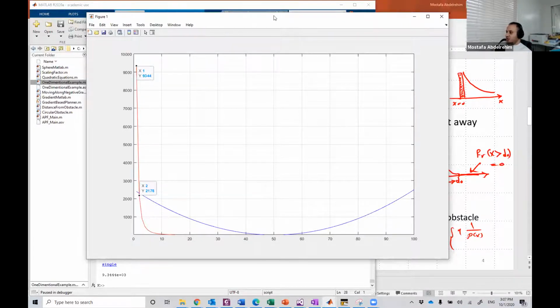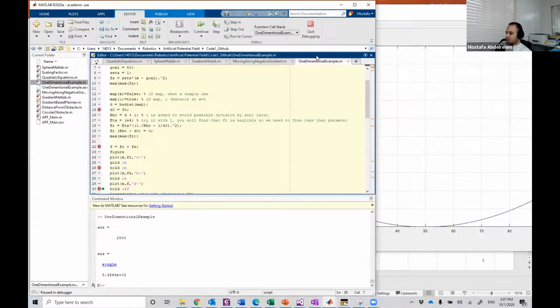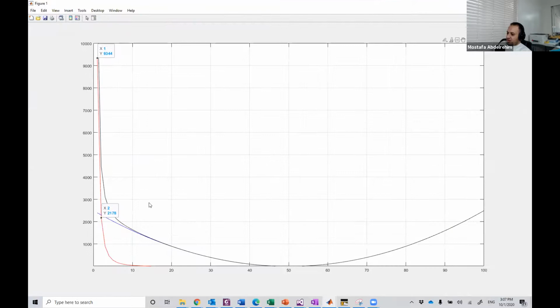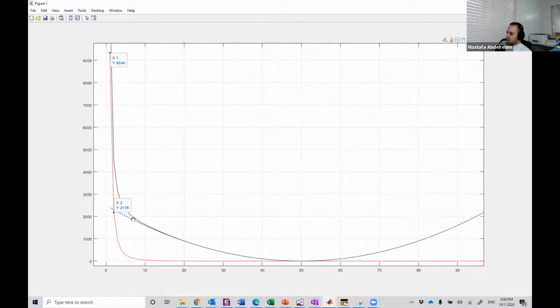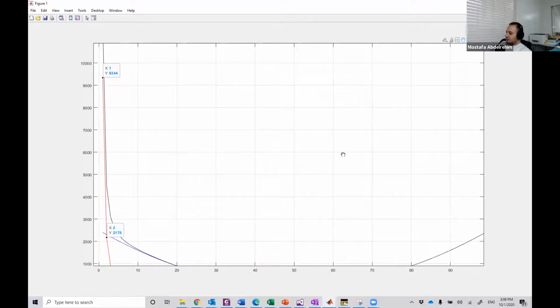Let's continue and plot the total force, the summation of both together. The summation, guys, is this. Oh, how to remove this? That's annoying. That's really annoying. But anyways,